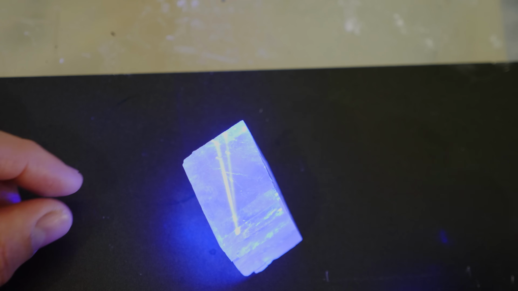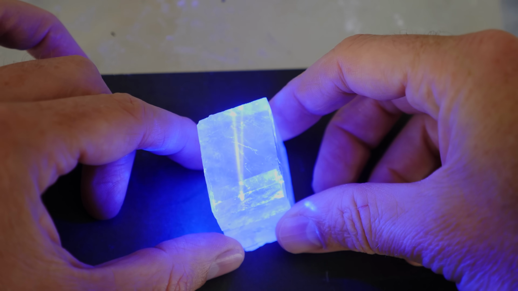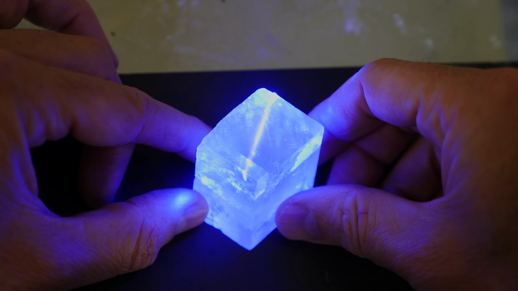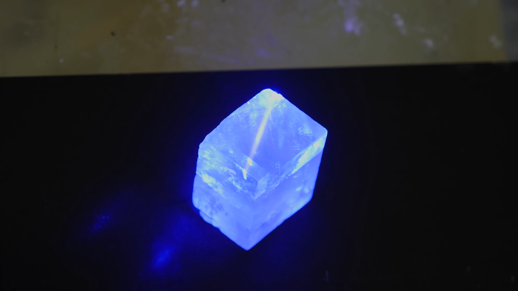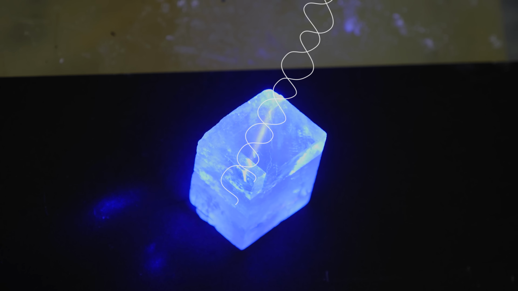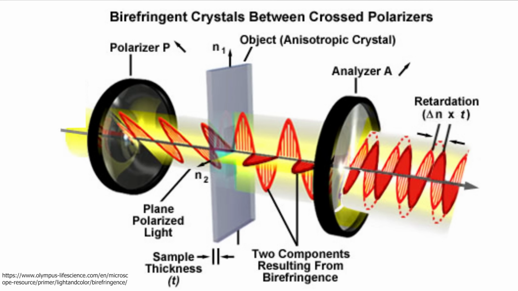It turns out that depending on how you shine it through the crystal, the angle that you shine it through, you can get double refraction, that's where it splits up. Or you can just get birefringence where it doesn't split up, but it actually did split up the polarization of the light. And if I overlap the beams, they'd be completely out of phase with each other, but they still wouldn't destructively interfere with each other because they're different polarizations.